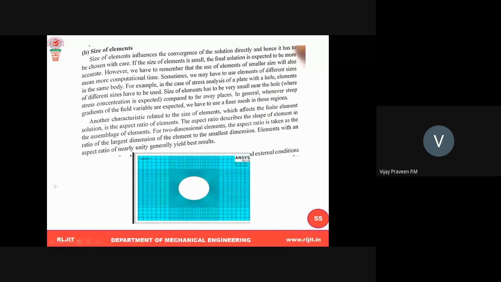So because of the stress concentration factor, the stresses will be more at the hole. Therefore, instead of using small elements everywhere, I can use different sizes. I can do a coarse mesh here and a finer mesh here. That is what the figure shows. You can see that near the hole my result is affected more. That's why I use a finer mesh here, small size, and here a larger size. Therefore, what happens here if I use the same small size everywhere?